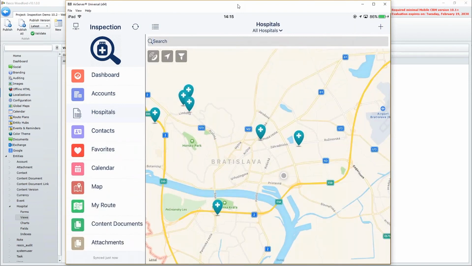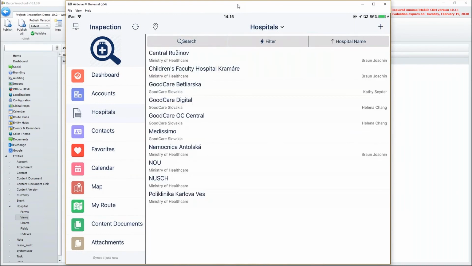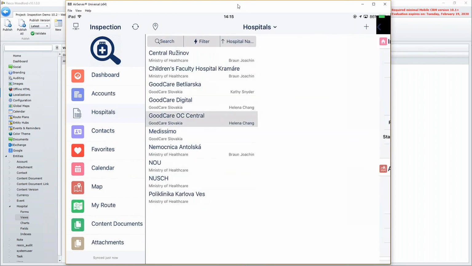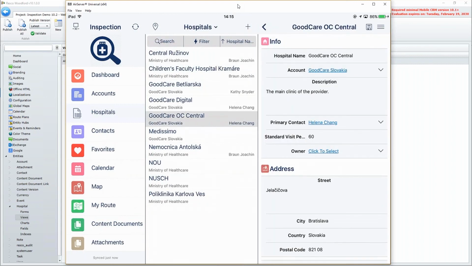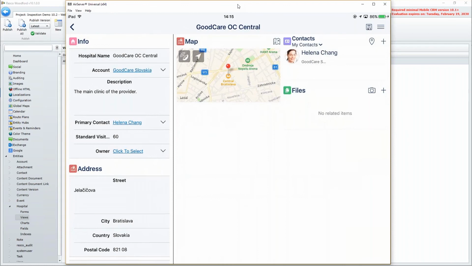So also the search works for me. I can also flip it. Here's some more. I can open one of the hospitals, and what I see it on the map. I see the contacts, I see some files that I could add to this, in the description. I see the address,